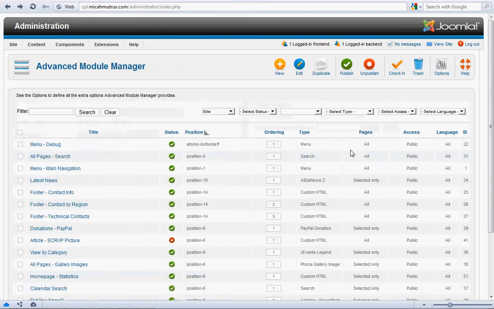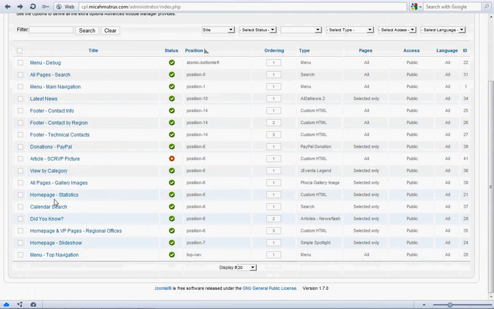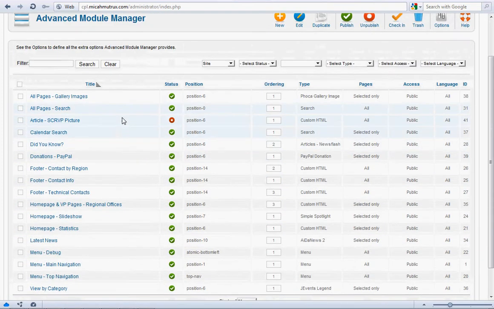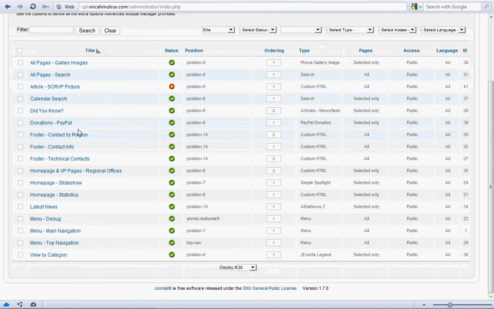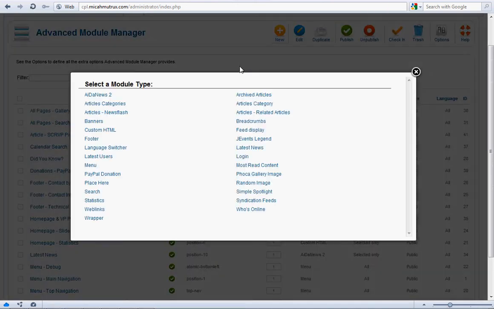Real quick, jump to the previous page. You can see that it can be a little tricky to read through these, and as you get more pages, it's going to be more difficult. I've been trying to name them homepage if they're related to the homepage, menu if they're related to menu, whatnot. In our new module that we're creating,